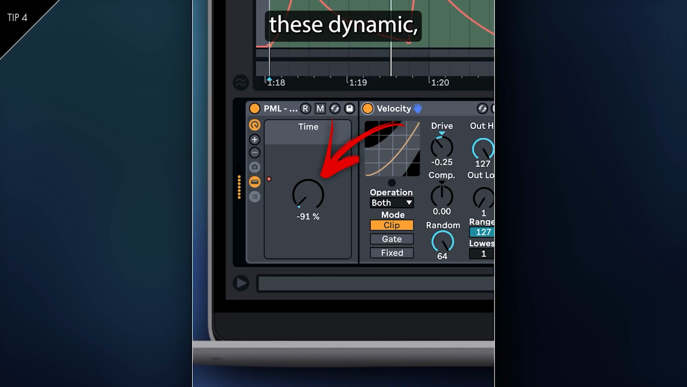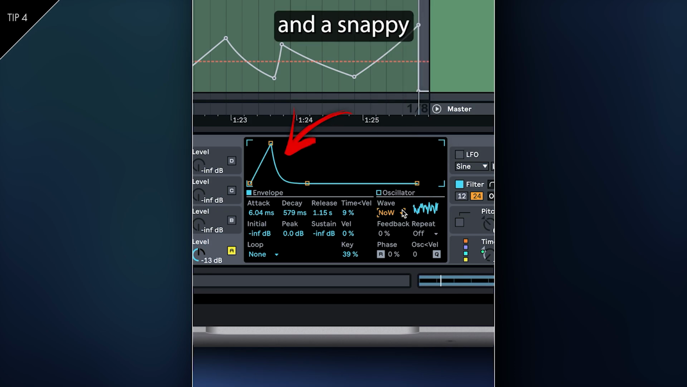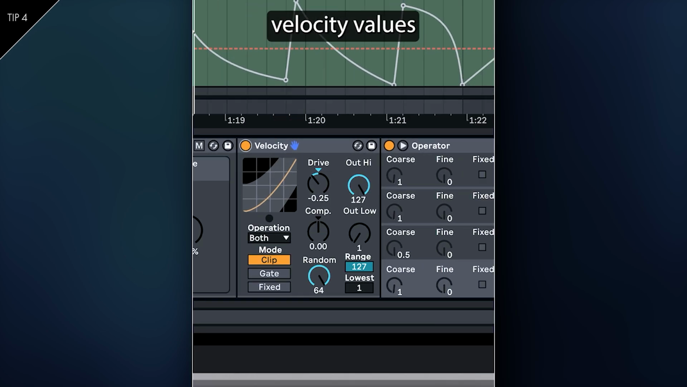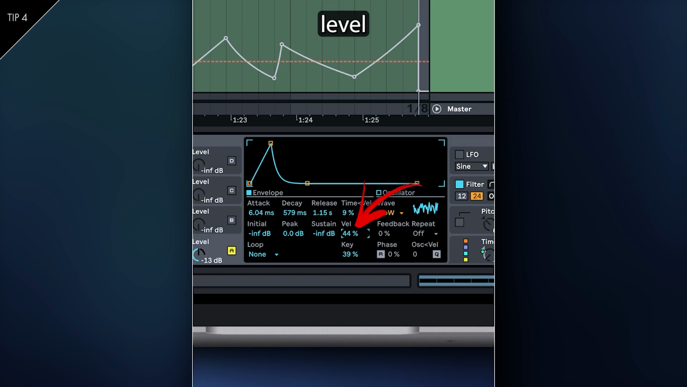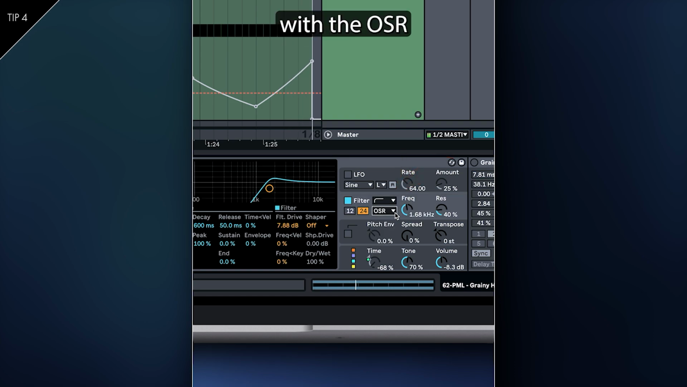Let's see what's behind these dynamic grainy hats. We're using a single oscillator of Operator with white noise and a snappy amp envelope. We achieve variations by sending random velocity values to affect the volume level, with an 80 to 90% modulation depth dialed in. A high-pass filter with the OSR circuit type and some resonance is responsible for cutting out unwanted low